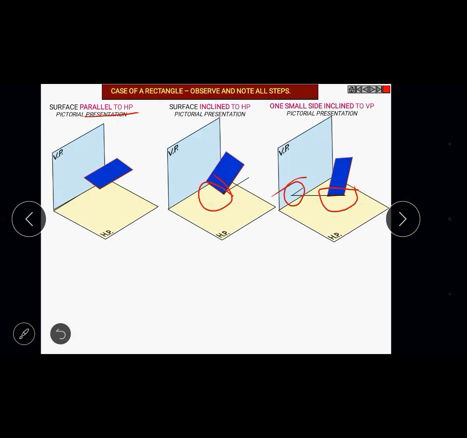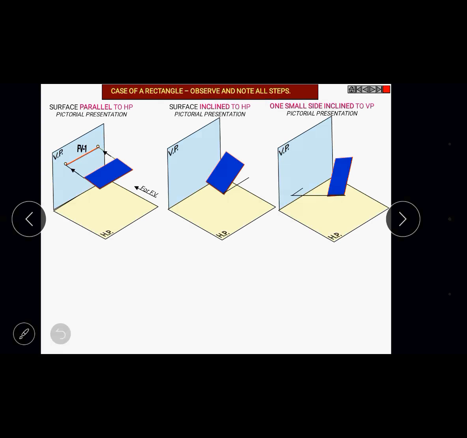So let us see what will be the top view and front view of the first figure, second figure and third figure. Let us focus on the first figure. If you observe in your forward direction towards your opposite wall, these are the arrows you can see. When you focus a torch light, or when you focus the image, the two-dimensional image of this rectangular lamina, the front view of this rectangular lamina, will be seen in the form of a horizontal line. So the front view of the rectangular lamina is a horizontal line.